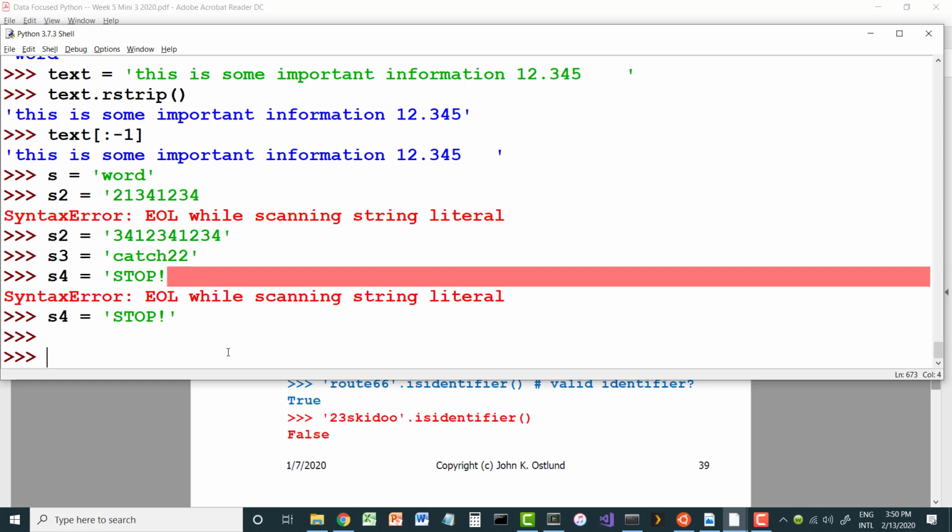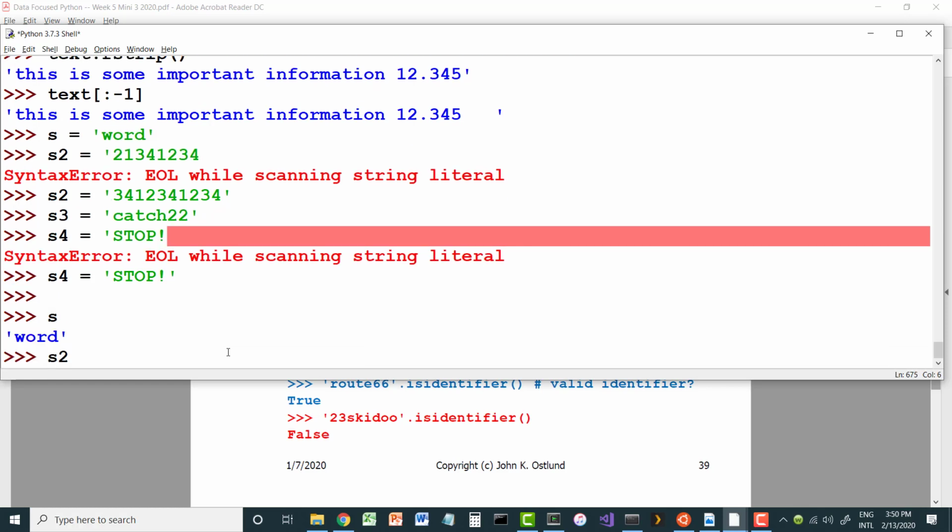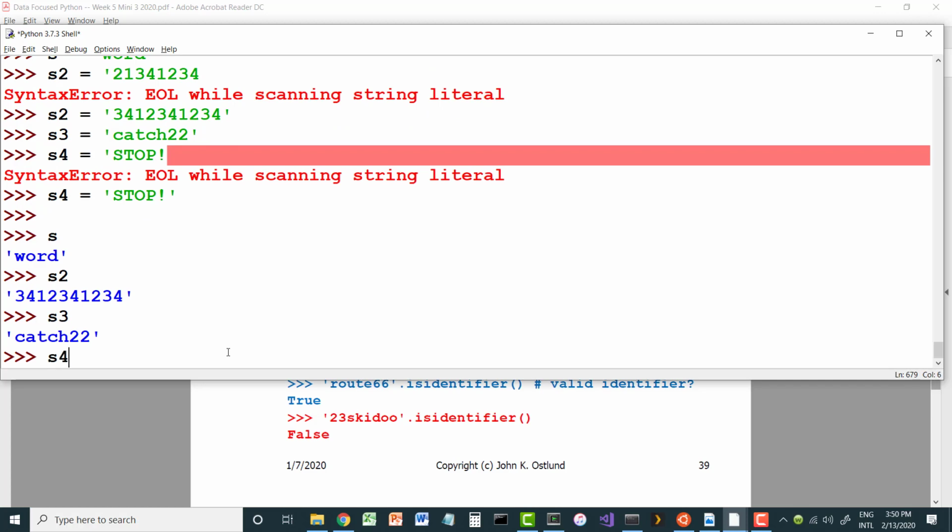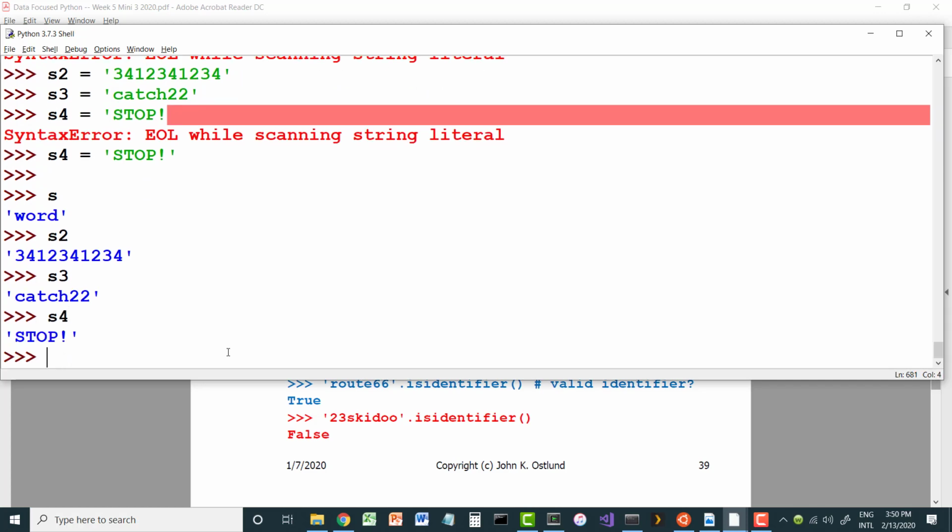Okay, so now I have a collection of strings s, s2, s3, s4 that I can use to demonstrate some of these